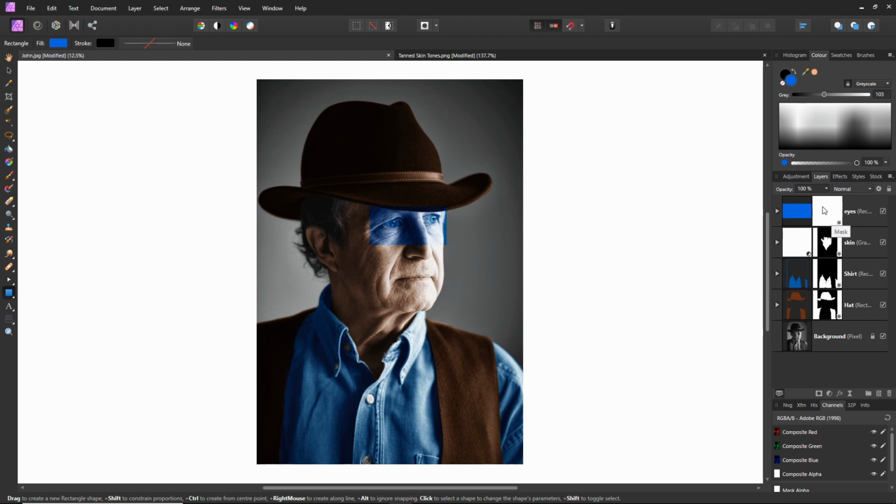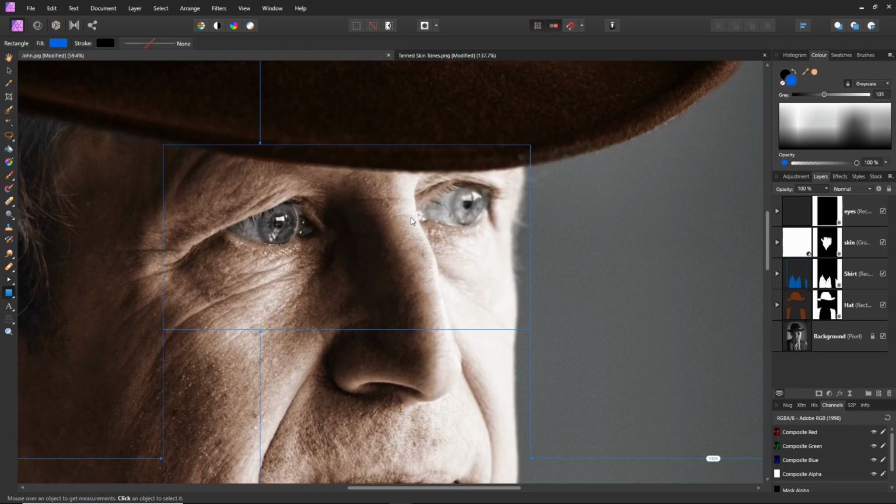Now because the whole mask is white, we can still see the whole of the rectangle. So in this case, we're going to press Ctrl and I on our keyboard. And what that does is it inverts the white to black. So instead of revealing all, it now hides all. Okay, if we zoom in by pressing the Control on our keyboard and using the scroll wheel of our mouse,